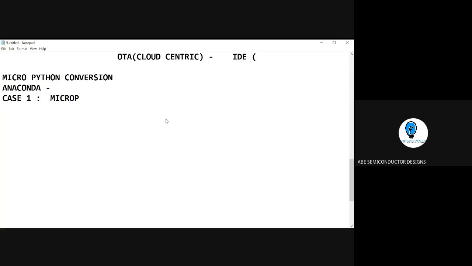I want to convert into MicroPython. So I need MicroPython, and I need Python libraries for Arduino, so that I can write code on the Arduino directly. I don't want this; you can write the code either on the Arduino IDE or with the help of the Python IDE itself. So I repeat once again, you can use either the Arduino IDE or the Python IDE itself. So that's the logic.